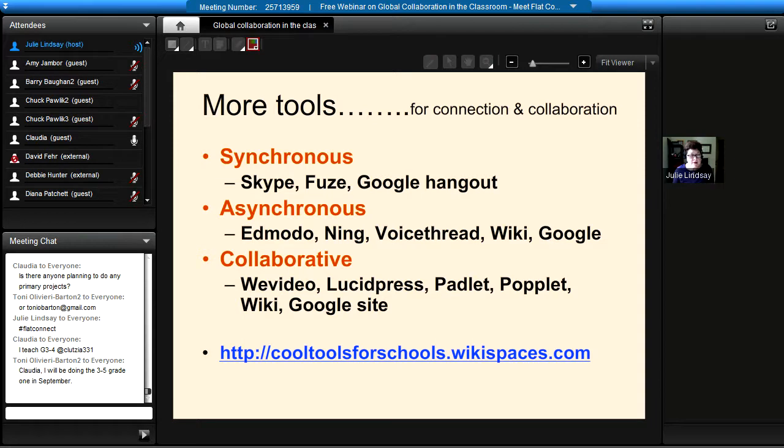Just a quick word about tools, very quick word. When we're talking about synchronous collaboration, we're really looking at Skype, Fuse, Google Hangout, etc., Blackboard Collaborate. Asynchronous, we've talked today about Edmodo for the younger students, Ning for the older students, VoiceThread, Wiki, Google Docs, Google Presentations, etc. For collaborative work, some of these we're still experimenting with, and there are new ones coming up